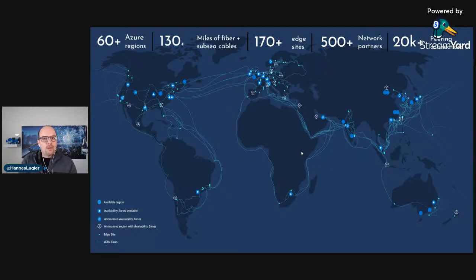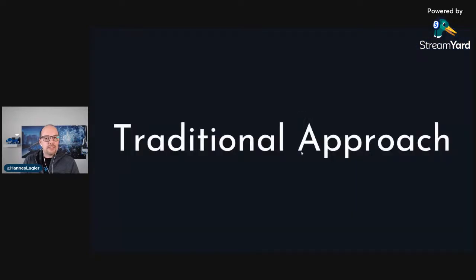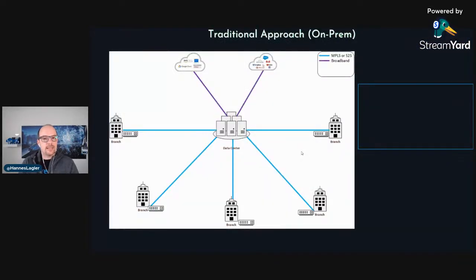So normally when I come to my customers, I always see exactly this architecture, not for all customers, but for most of my customers. Normally you have your one or more data centers, and your branch offices are connected in a star connection to your data center. You're using an MPLS or a site-to-site VPN. If you're using MPLS, you're using it because you want to implement quality of service. We have different latency for sure, because when we come from different branch offices with different connection options, we have different latency.